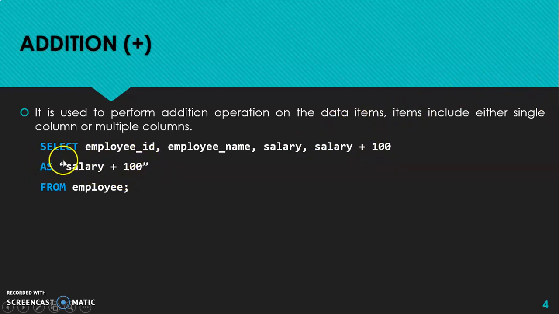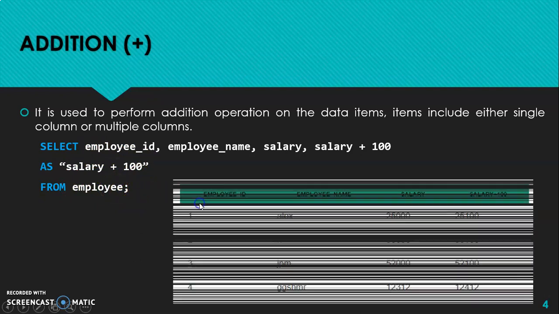So the title of this column is salary plus 100, and this alias helps to give another name to the column, from the table employee.